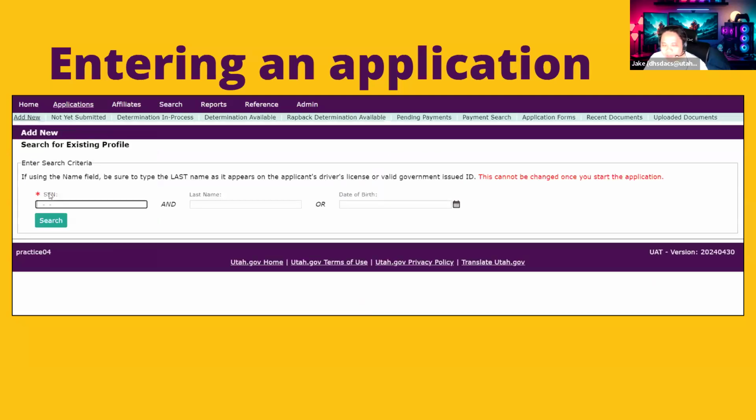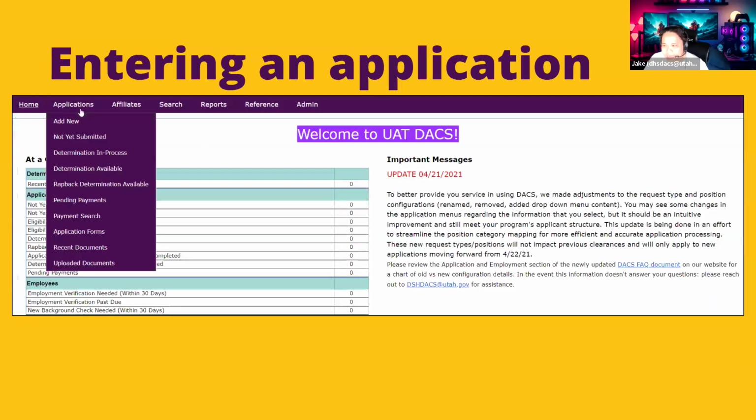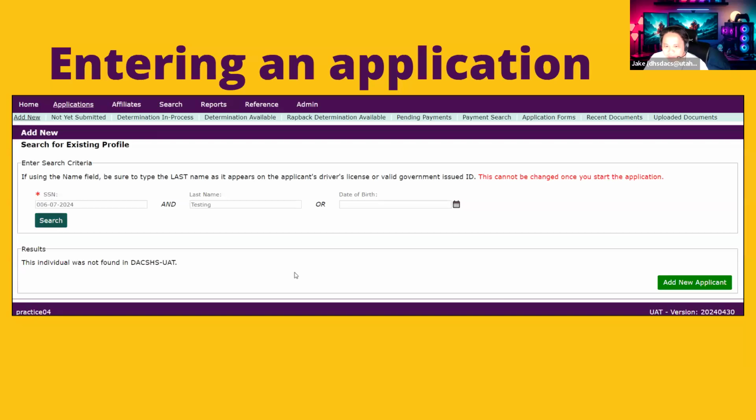So to enter a new application, basically you just go into applications and enter the social security number and last name, or the social security number and date of birth. When the individual is not in DAX, you'll see that green button that says add new applicant. In some cases where you enter the social security number and last name and that button doesn't show up, it's possible that they might be using a different last name in the system, and that's the reason why you can't add them.